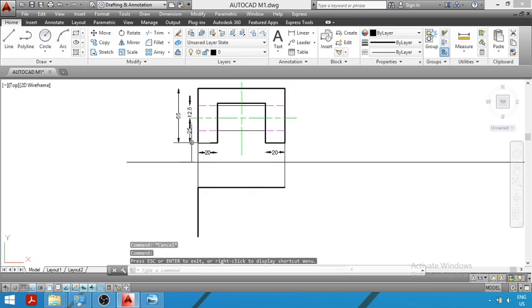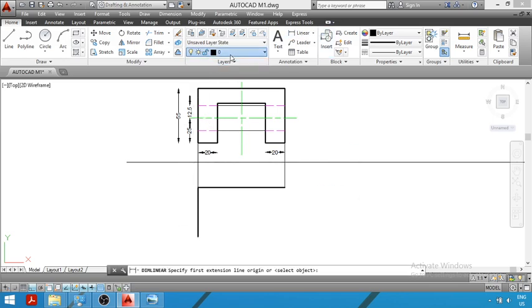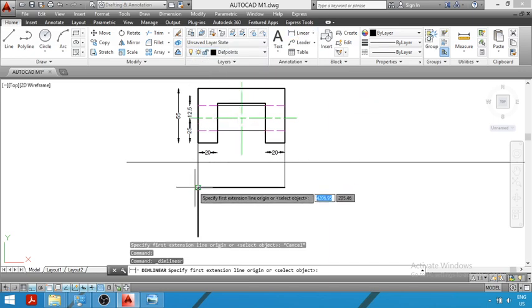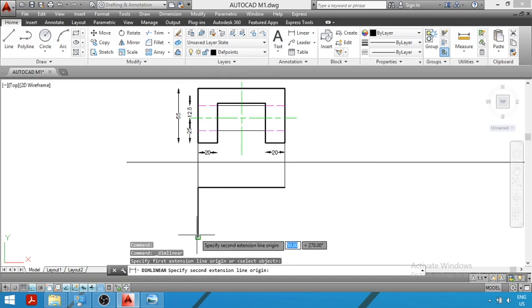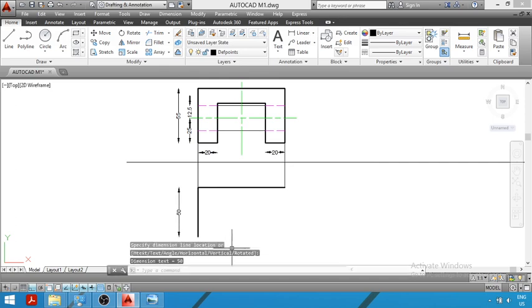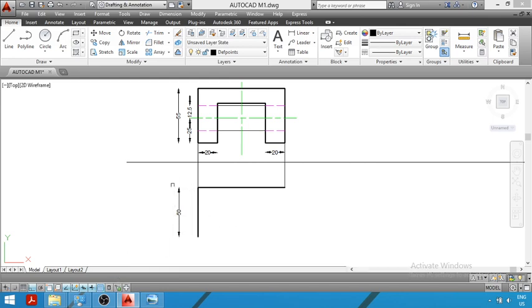First, we have projected the length by drawing these two construction lines. They should be light. We have then drawn the length of the rectangle. This line represents what? Length of the rectangle, that is equal to 120 mm. And in the next step we have drawn this vertical line, which is of width 50 mm. So, I will give the dimension. The dimension of this part, that is this line from this point to this point, is equal to 50 mm. So, we have shown the width, that is equal to 50 mm.